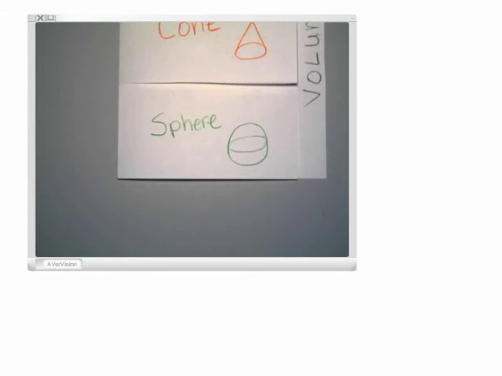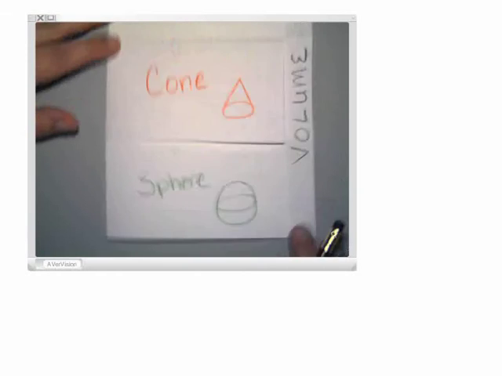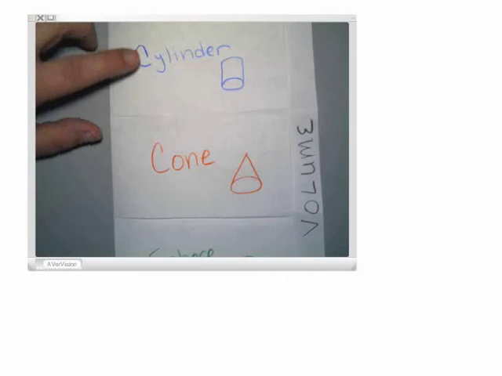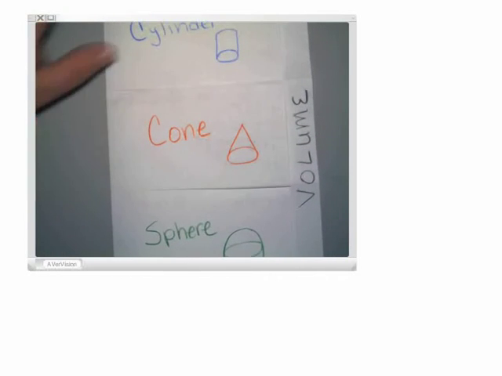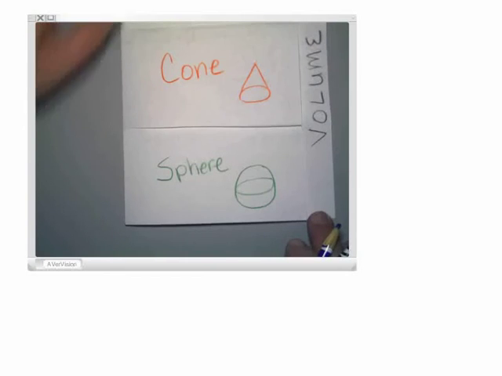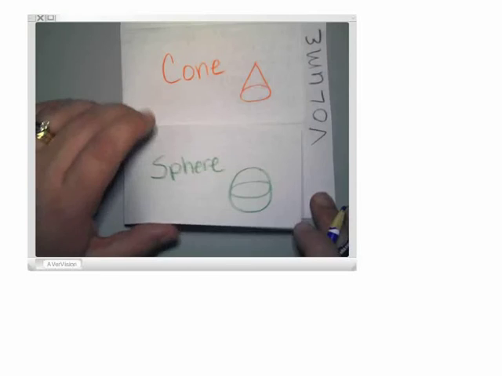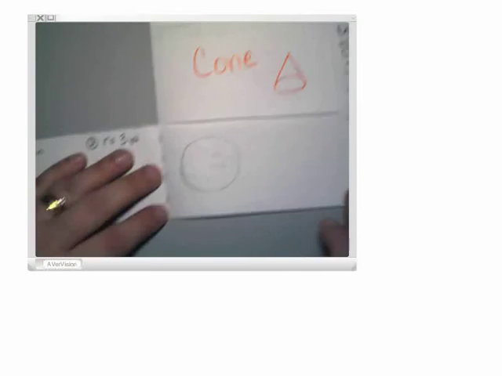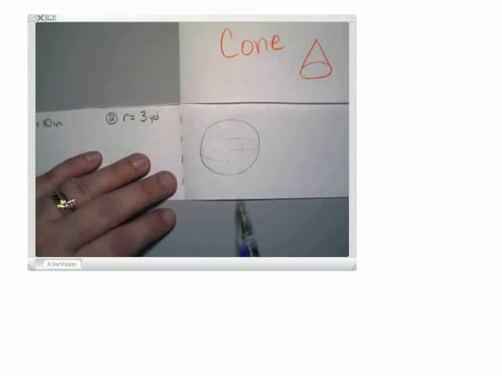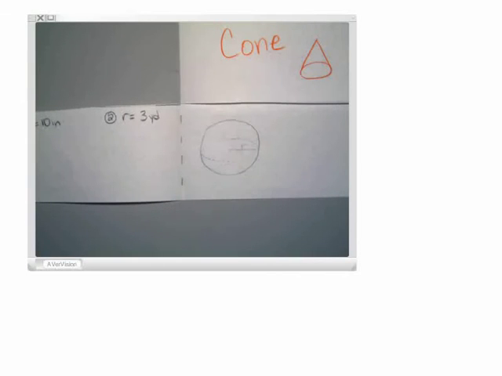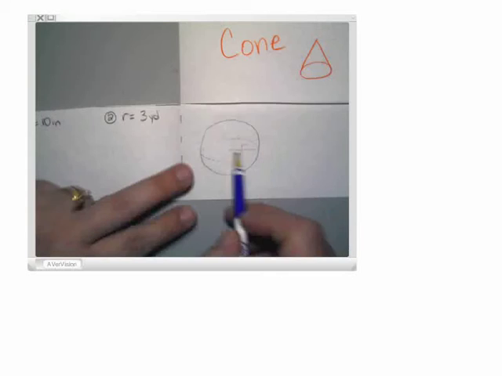So we're going to finish up our foldables. We started by discussing volume of cylinders and cones, and now we're going to add our volume of spheres to the mix. So we are in our bottom pad. We have a sphere drawn here, and we need our radius. So our radius is marked here,